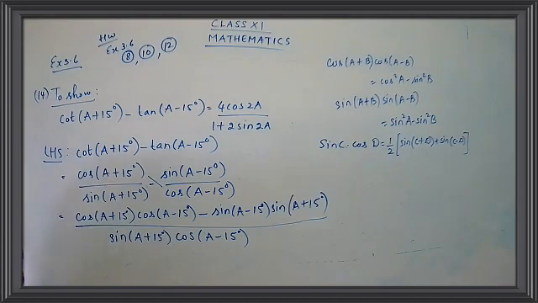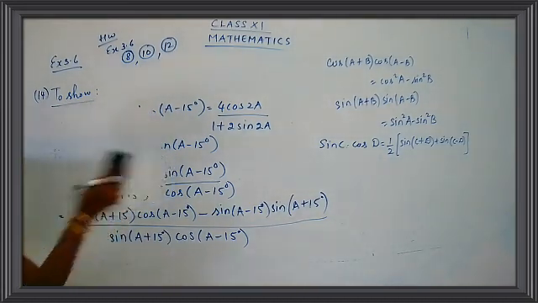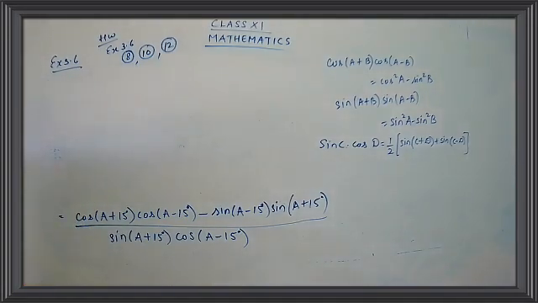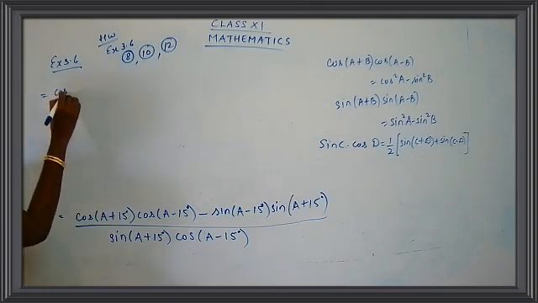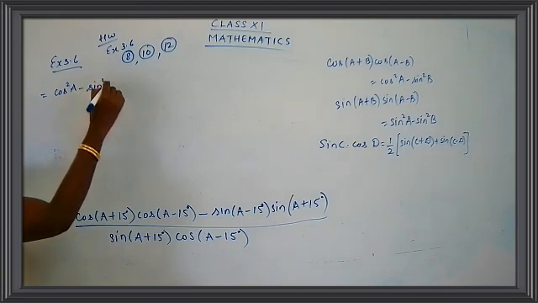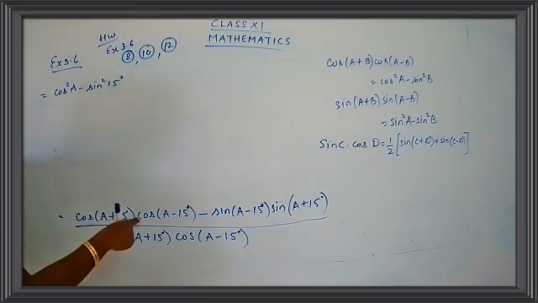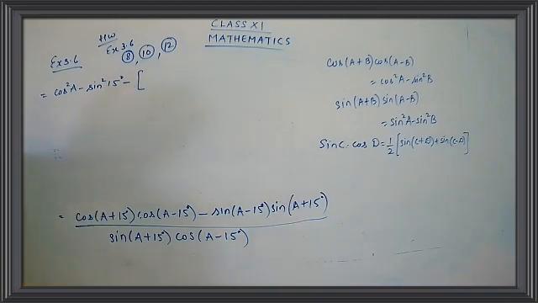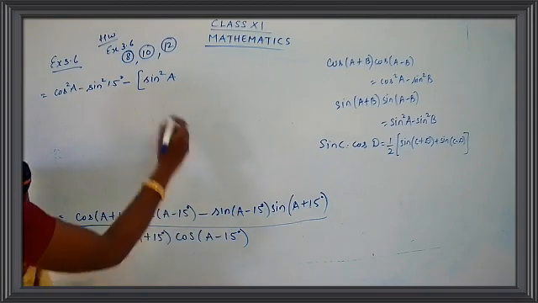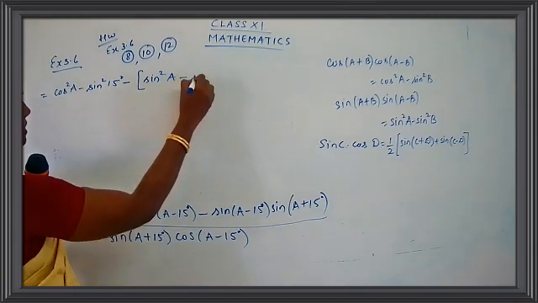I just want to rub this part. We need this step. Okay, let me substitute the value, children. Apply the formula and let's get the answer. So cos square A. So A is A only. Cos square A minus sine square B, so minus sine square 15 degree. Okay, done. First part is done. Minus is there, so I'll just use a bracket. Sine square A minus sine square 15 degree